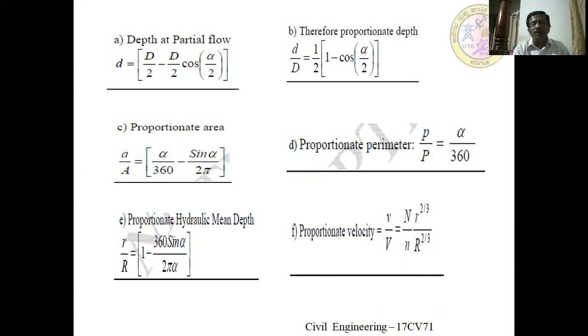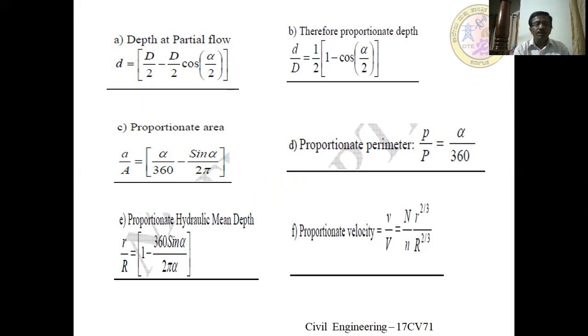Substitute alpha is 180, then you get d by D is 0.5. Like that, if it is 3/4, then it is 0.75 d by D. So if you know the value of alpha, from that it is possible to find out d by D. Otherwise, if you know the value of d by D, it is possible to find out the value of alpha. So for example, d by D equals 0.5, then automatically alpha is 180 degrees.